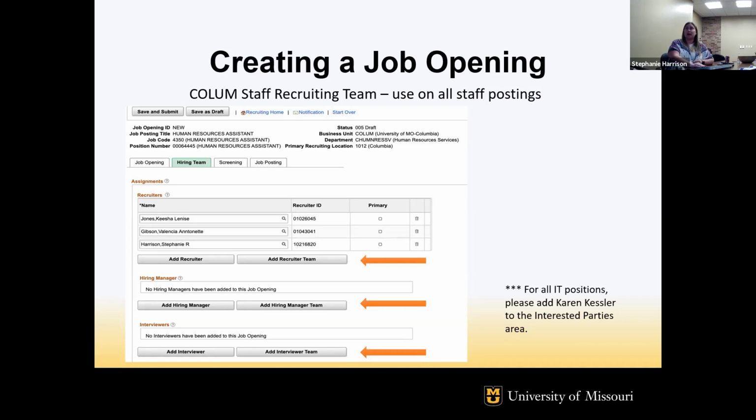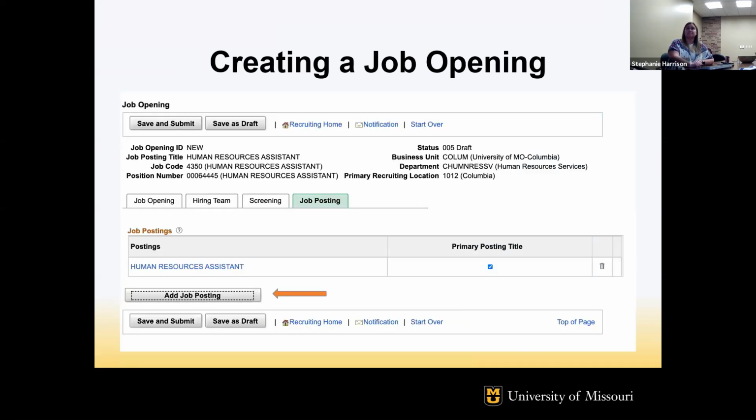What I'll do is I'll add Karen Kessler to it and send it over to her. So if you do ever submit something and it takes a little longer getting it back, if Karen wasn't on there, that's typically why. That means that I've sent it over to her and I've waited to hear from her in order to proceed.